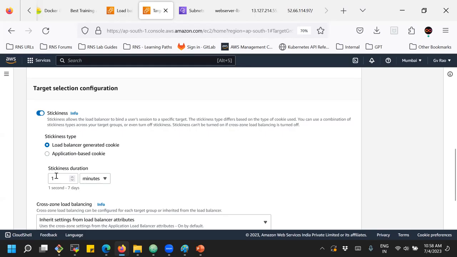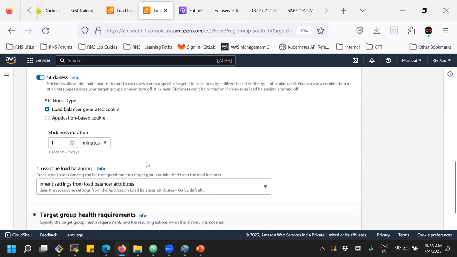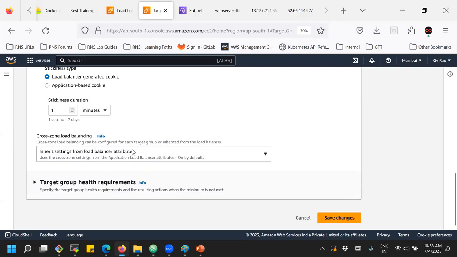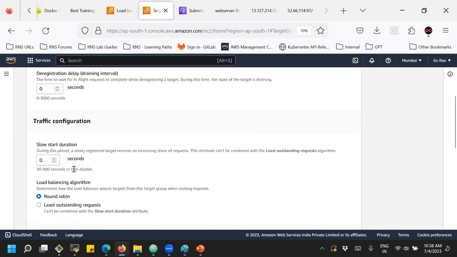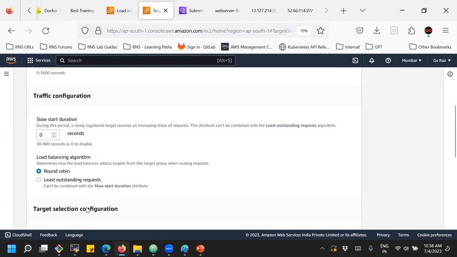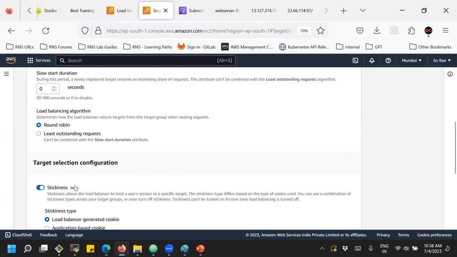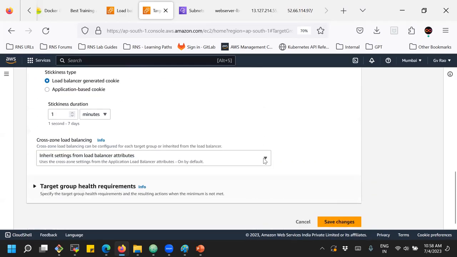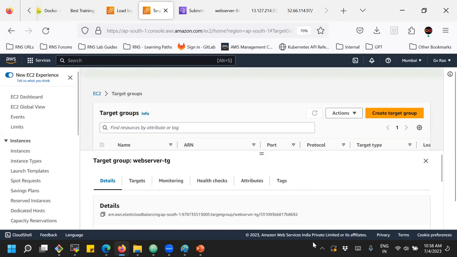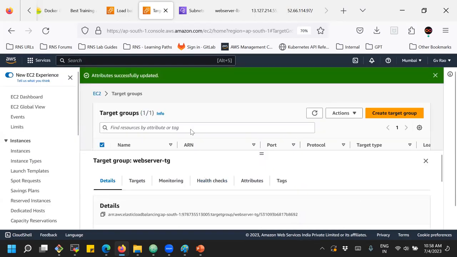Yeah, this is one beautiful configuration to reduce latencies for handling the same user's subsequent requests. Yeah, cross-zone load balancer. So if you have another load balancer routing all that. Yes. Now let's save these changes. So what are the main things here? Deregistration delay, slow start duration, load balancing algorithms, and stickiness configuration. Now I have enabled the stickiness, and if I save it,